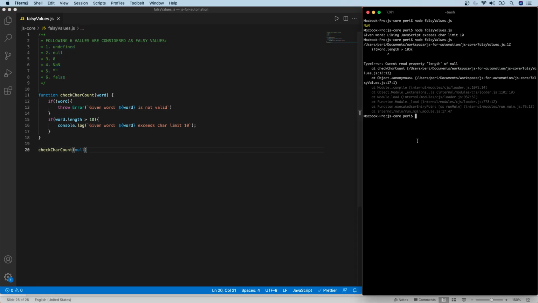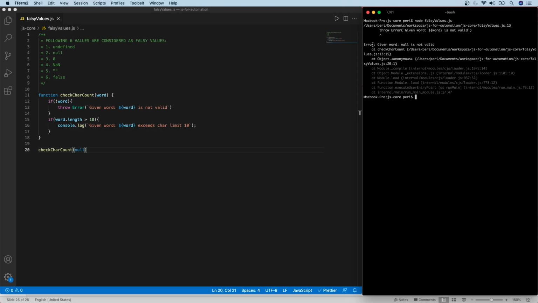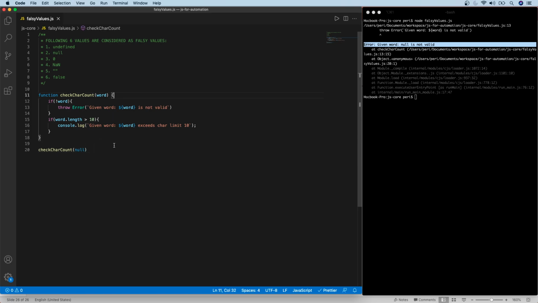So if I execute my same code now, let me clean this and then execute this block now. What you're seeing here is we're getting an error, but this is a more meaningful message. Also, I know where to fix it. This is saying given word null is not valid. Then you can look back and see whoever is providing the value, either a database call or a query or an API response or wherever, and check whether the given word is wrong. So this is the use case where we use this nullish value. This will filter and give you only the valid one.